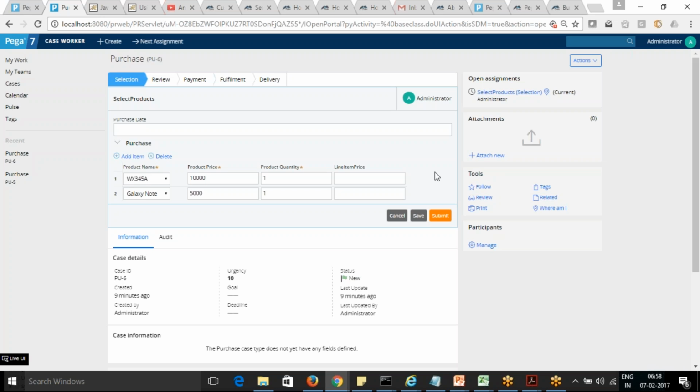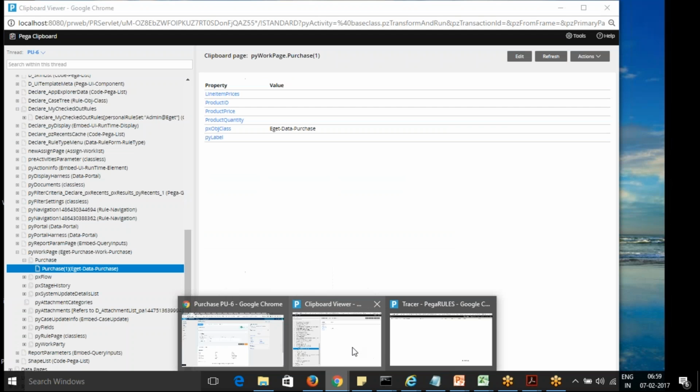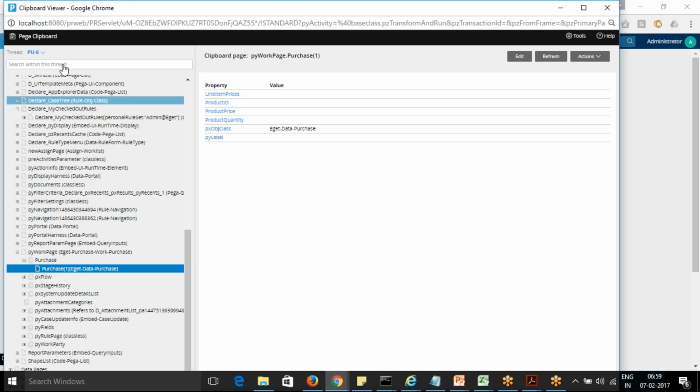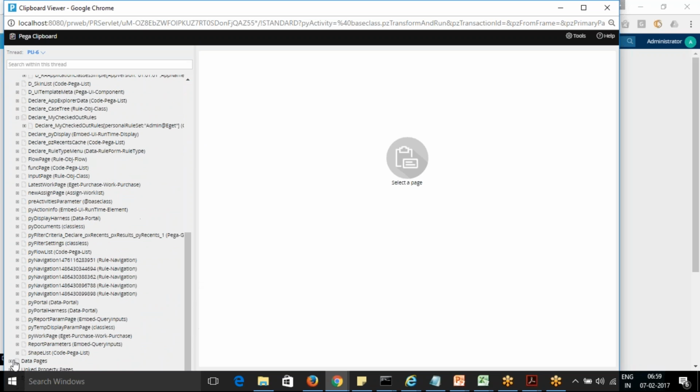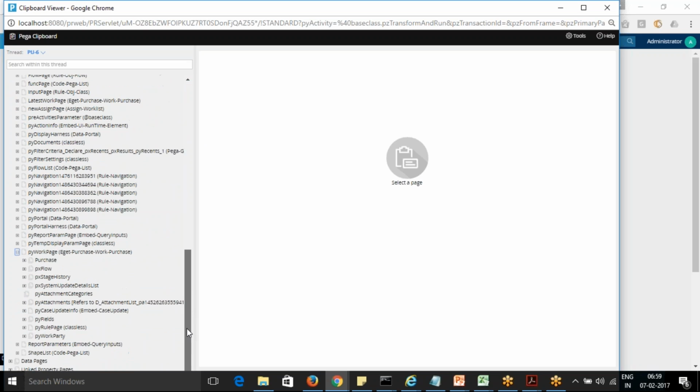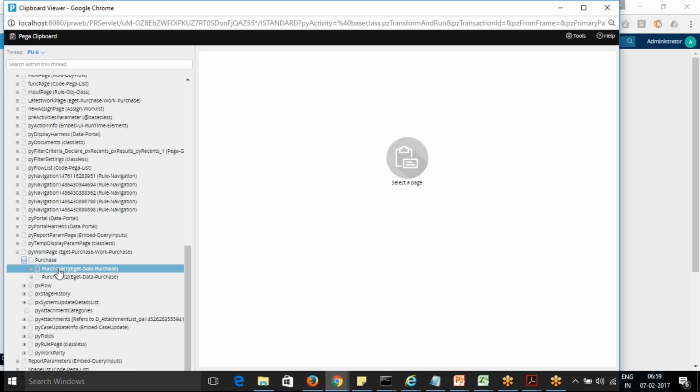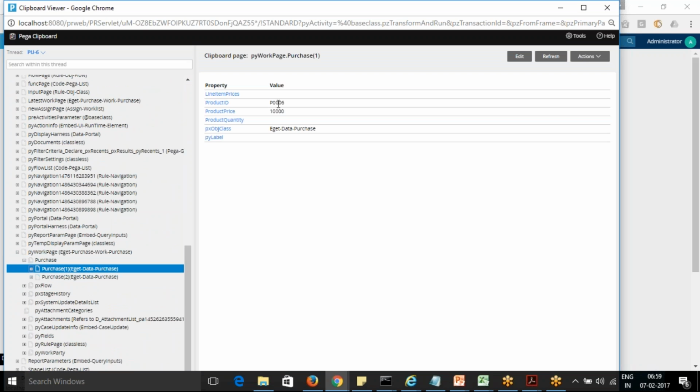This is PU6 itself, and we'll see the clipboard if the values are there or not. Yeah, so it's populated.